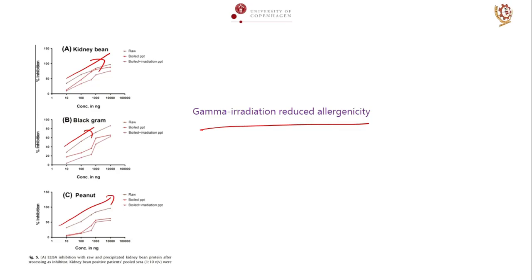No regulatory standards. There are no regulatory standards. Yes, that is a very good point you raised. However, in the Americas, in the USA, gamma irradiation is allowed, but not for protein modification. I don't know exactly, but they use gamma irradiation to kill the bacteria on the surface of some food products. In the EU, it's kind of regulated. In the US, they use it a lot. For example, I think they also use it for meat, if I'm not wrong, to kill the surface bacteria. I'm not very sure, I should re-read my article, but I remember it like that. I might be wrong. But it is approved in the US, though I don't remember whether it is approved for protein modification